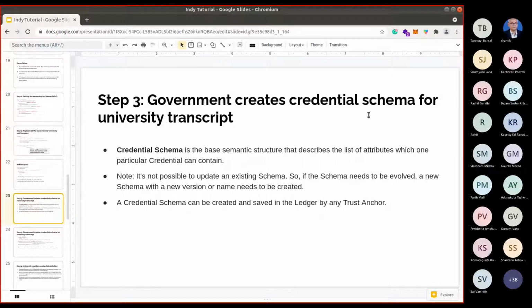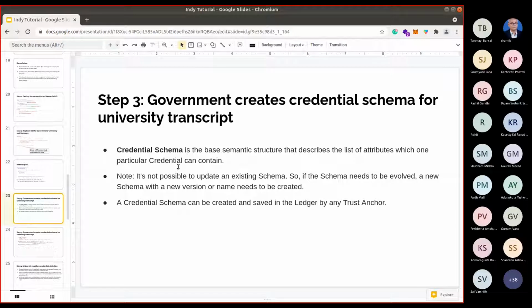So a credential schema is the list of attributes which one particular credential can contain. We need to know that if somebody is issuing a transcript credential, then inside that transcript what fields will be there, what encoding is being used to decode those things.